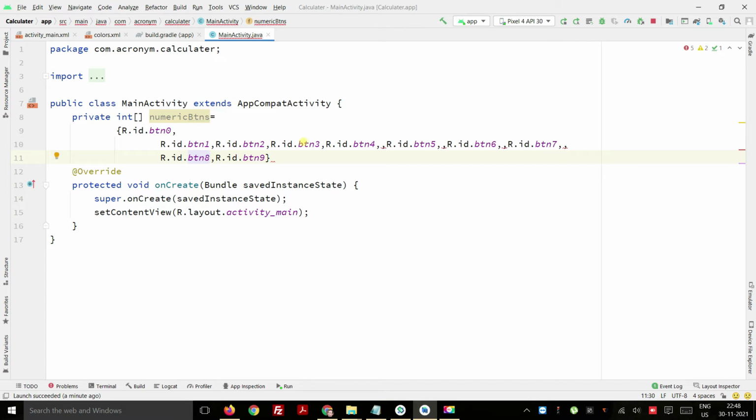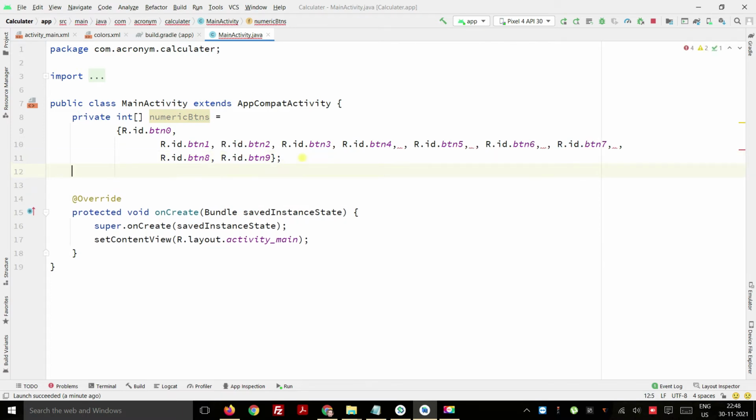After doing this, button 0 to 9, this is our main array where we have defined the numeric buttons' IDs. Now we are going to define the IDs of the operating buttons, which will do the calculation.